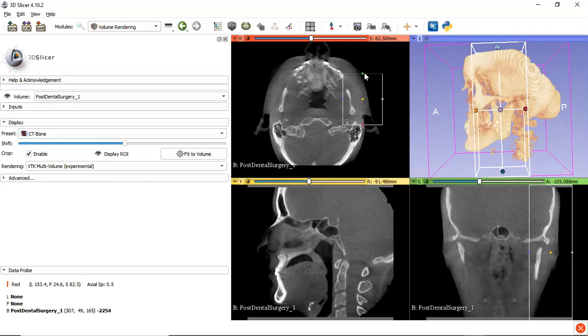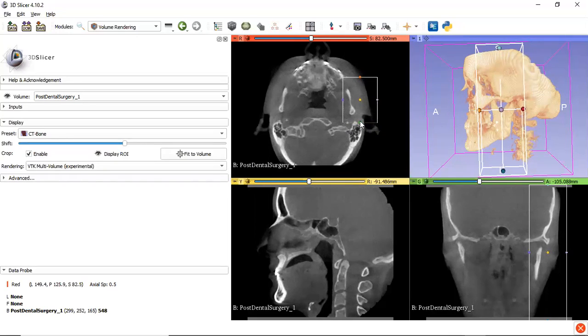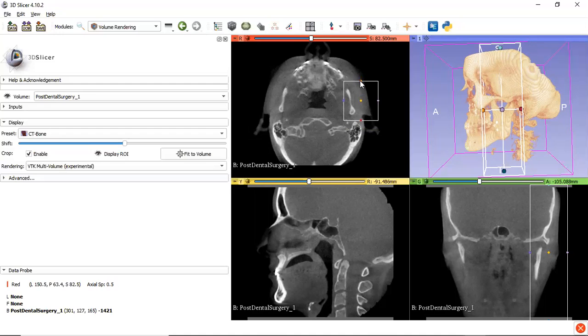So I'm decreasing the region of interest according to my own convenience, so that I'll be getting the structure which I actually want. So yeah, this is what I actually want.